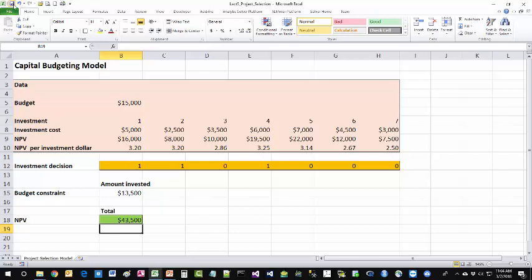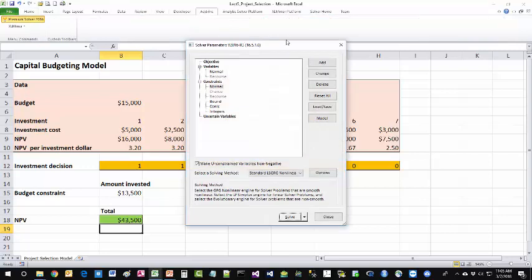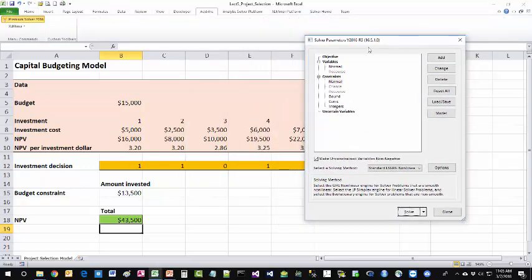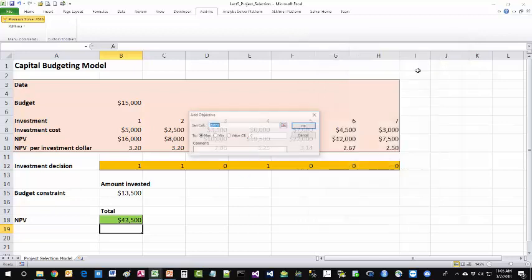So the question now is whether there's a better combination of project selection or rejection that is still within the budget of 15,000, because obviously there is a little bit of cushion left here, but that yields a higher NPV than the 43,500 shown here. Okay, so we set up the Solver by going to the Solver window, and then we're going to maximize the NPV